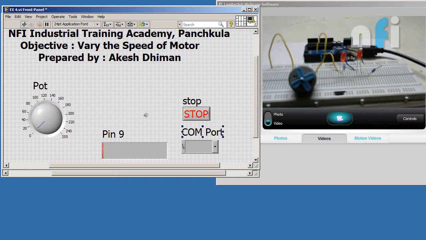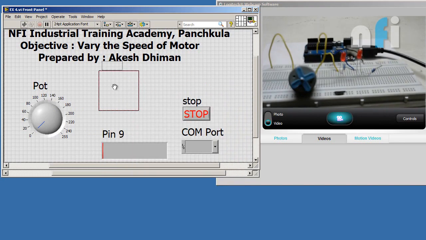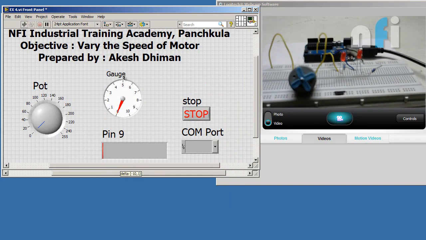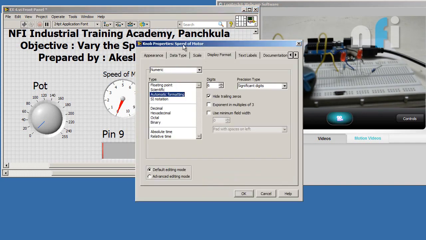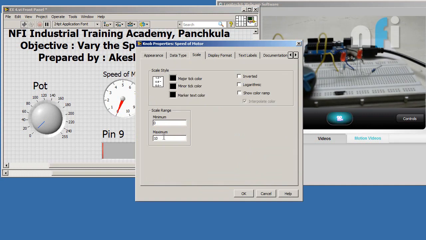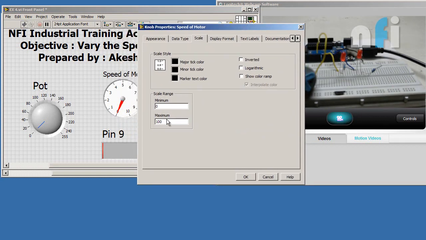Now, to represent its speed, let's create an indicator. Go to numeric and go to gauge, select a gauge which will represent the speed of your motor. Now let's change its scale, which is 0 to 10, to 0 to 100, because 0 will represent the minimum speed, which would be 0, and 100 will represent the maximum speed, which means